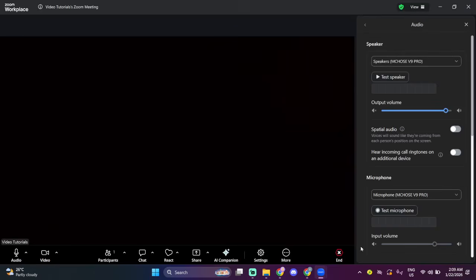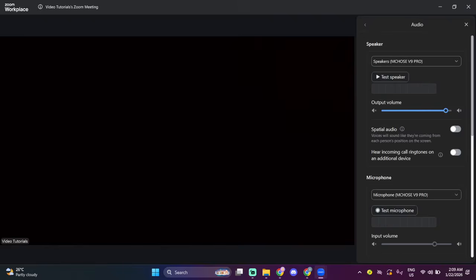Finally, if you still can't hear anything, restart Zoom and rejoin the meeting. Leave the meeting. Fully quit the Zoom application so it's not running in the background, then reopen Zoom and join again. A quick restart clears minor glitches and refreshes your audio connection. By joining the meeting, connect